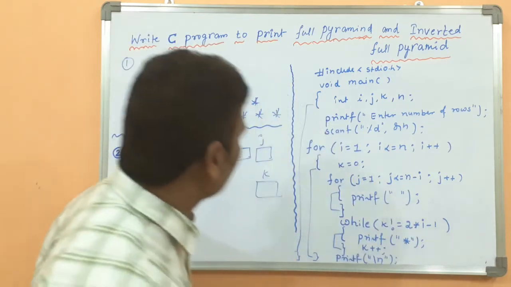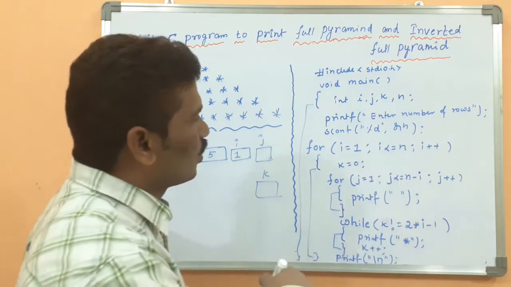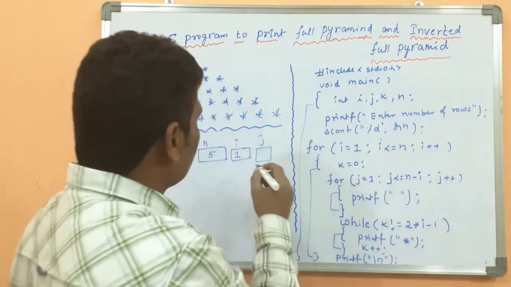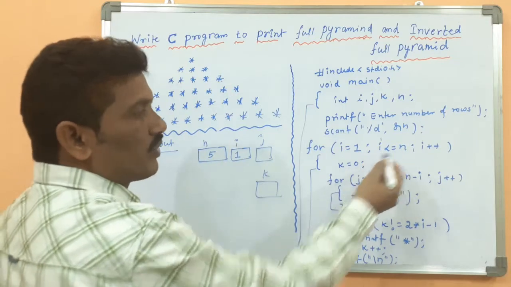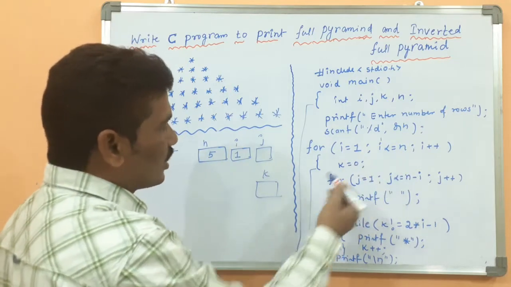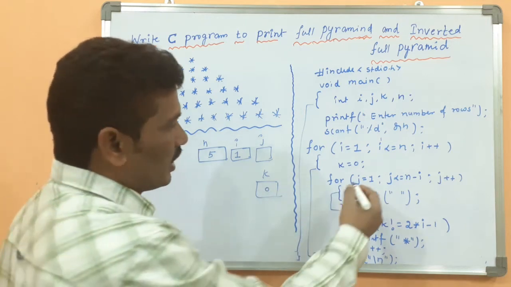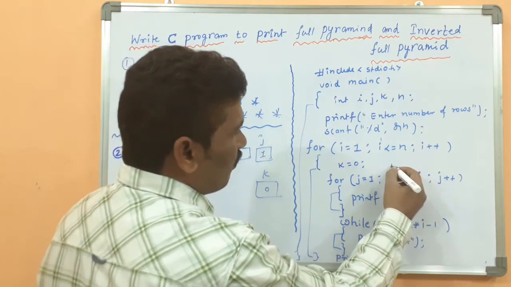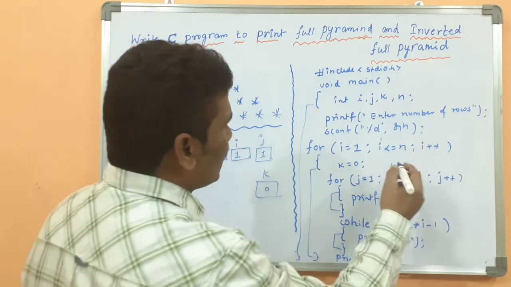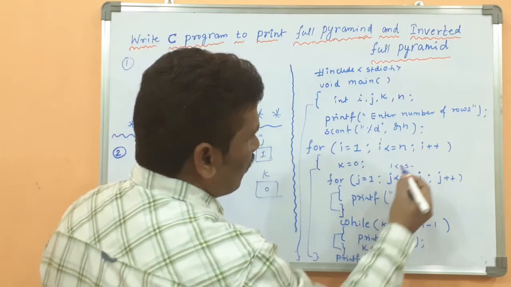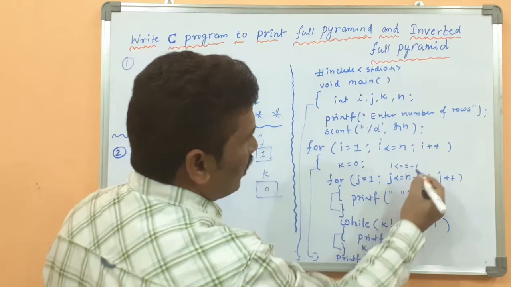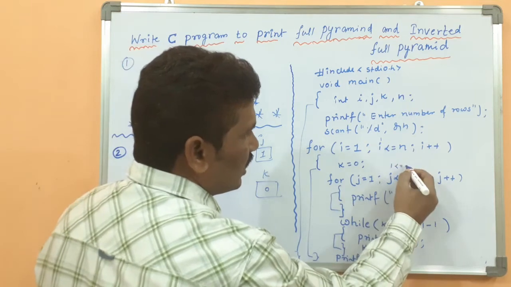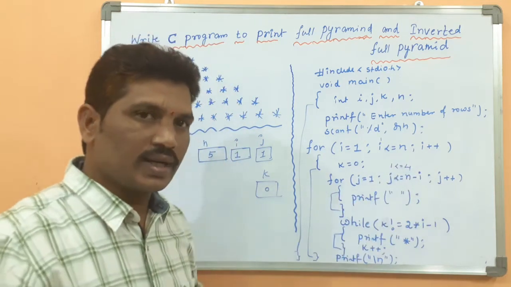I should be 1, i less than or equal to n, because 1 less than or equal to, sorry, n value is what? n value is 5. 1 less than or equal to 5, the condition is true. Then since the condition is true, k should be initialized to 0. Then j value should be 1. j less than or equal to n minus i, n is 5, i value is 1, so 1 less than or equal to 4, because 5 minus 1 is 4. You get it? Is 1 less than or equal to 4 true or false?